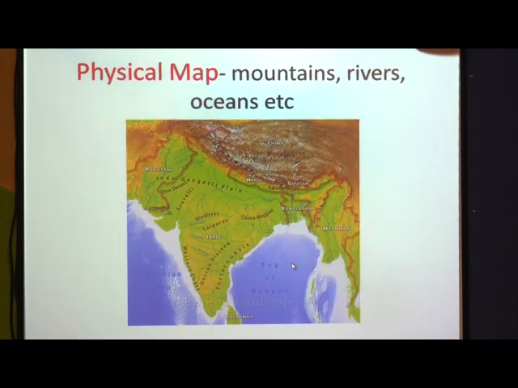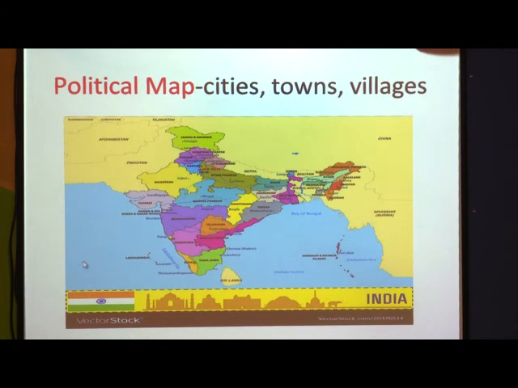Again we will see a diagram of a political map, children. This is an example of a political map. Here you can see the names of the states, the capital of the state, and cities. It is a map of India where the cities, towns, states are located. So, which map is it? It is a political map. A political map shows the features of cities, towns, villages, districts, etc.